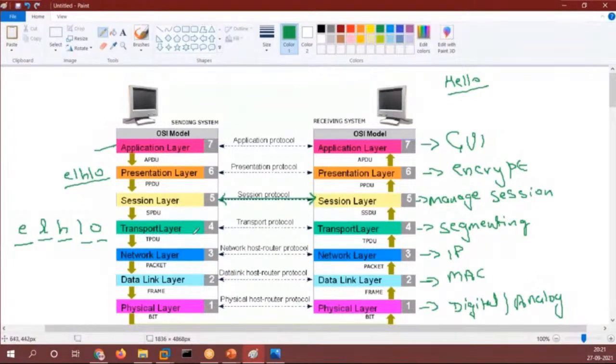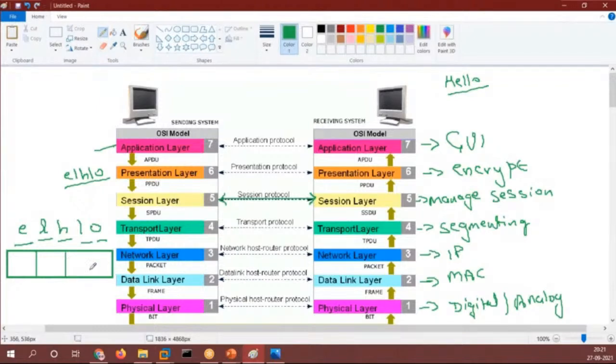Now after that, guys, we have the network layer. So one segment will arrive at the network layer. Now what will be happening at the network layer? One segment has arrived, and the network layer will be adding the IP addresses, right?